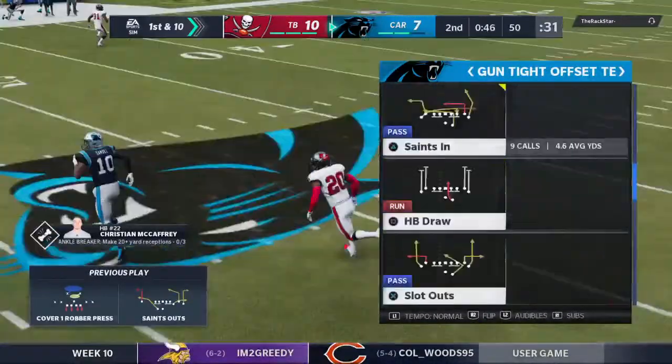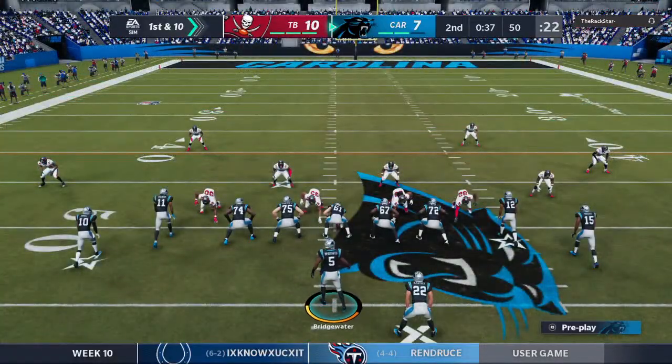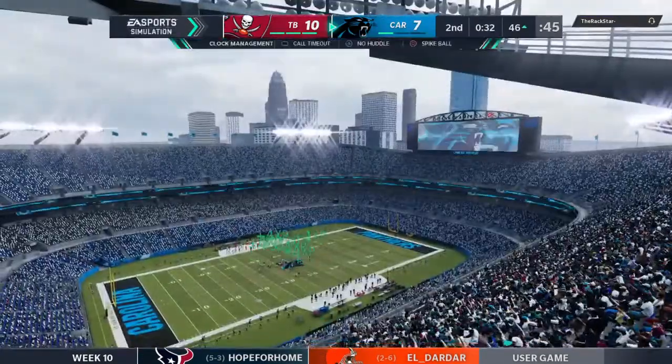1st and 10. Well, that certainly has to feel good. It's not all the time that the play caller should get all the credit. Sometimes I think in the huddle, the quarterback just says, hey, who's going to make a play for me? I just need something right here. And the end result there, nice 1st